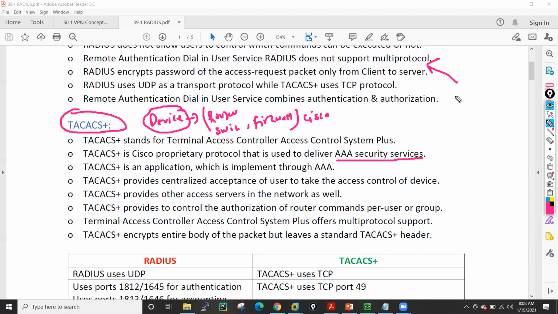And RADIUS is also used for device control, and we can configure the policy for authentication and authorization. Generally for that we use some kind of NAC solution, like Cisco ISE and Cisco ACS. These are the devices which we use if we want full-fledged control.